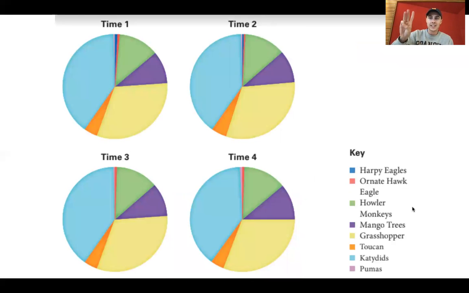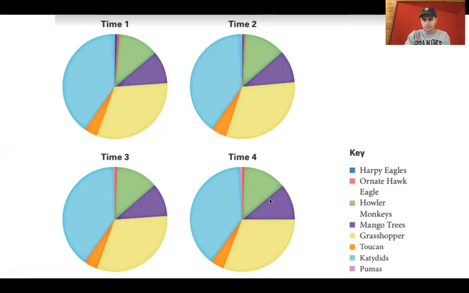Finally, key idea number 3 is the effect of losing a species, maybe by extinction, maybe by overhunting, or even something else, on an ecosystem that is biodiverse. This is data gathered from a rainforest. This was studied by scientists, and the organisms were counted in this small area of the rainforest. Using the key, we can see the organisms that were counted, and over time, we can see the changes